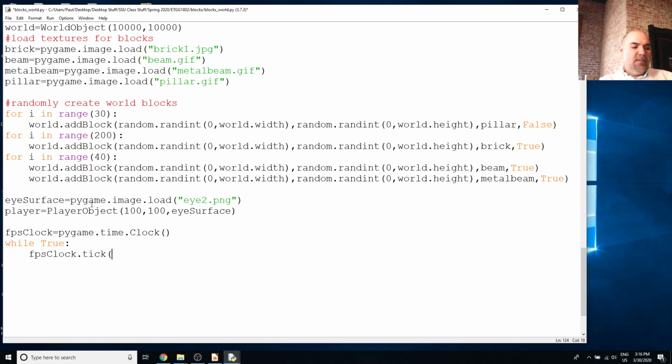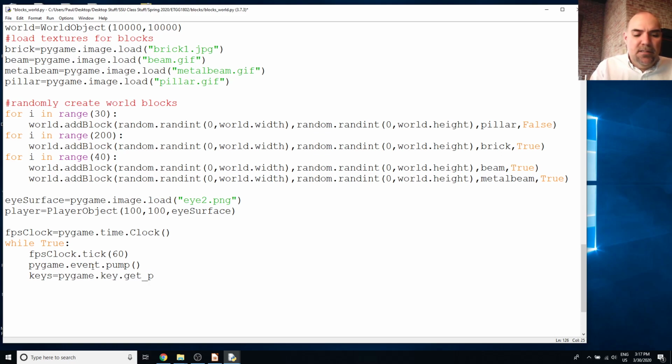And I'm going to go ahead and run this at, let's do 60 frames a second. Okay, so now inside of this loop, we're going to need to do the stuff we need to do to make the game work. So the first thing I'm going to do is pump the event queue so we can get input events coming into our window. And then I'm going to check the keyboard state. So keys equal